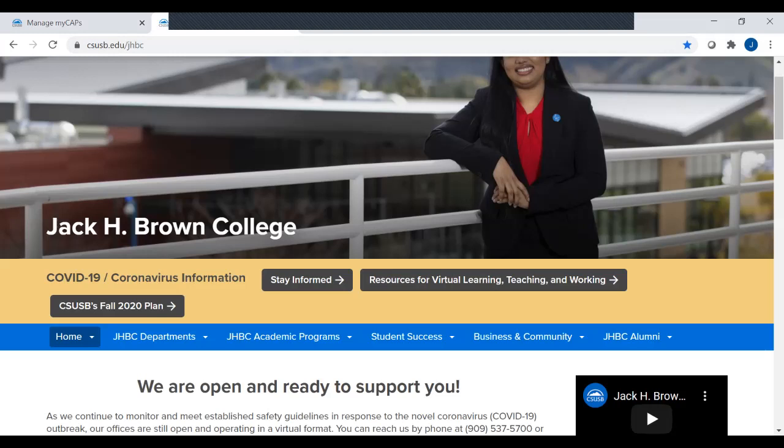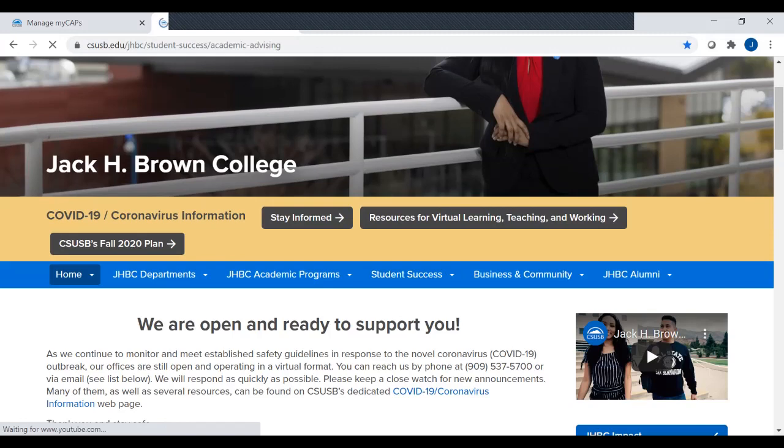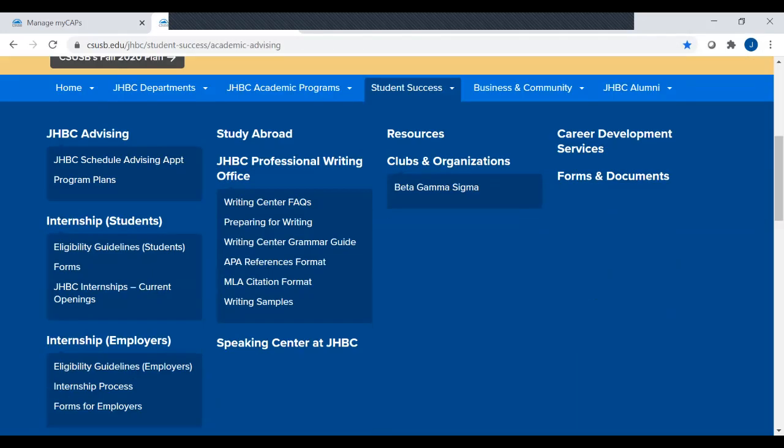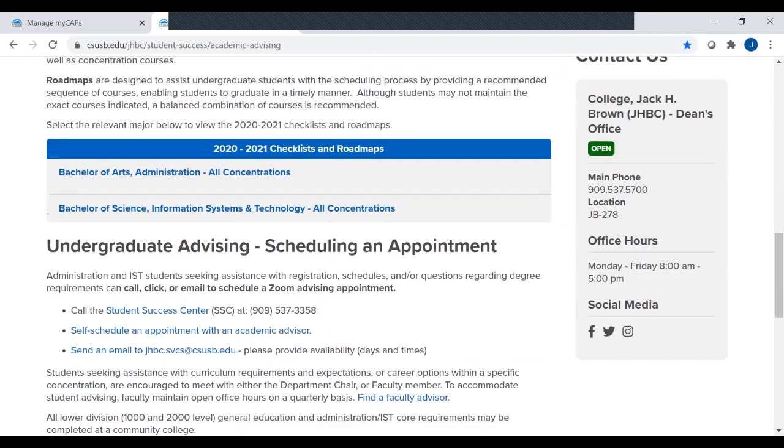If you go to csusb.edu/JHBC, and this should also be in your module for you to click on, and you click on Student Success and Advising, you will see what will populate: degree requirement checklists and roadmaps. These are for current majors, 2020 and 2021. So any new student under the fall 2020 catalog can use these checklists and roadmaps to help guide themselves